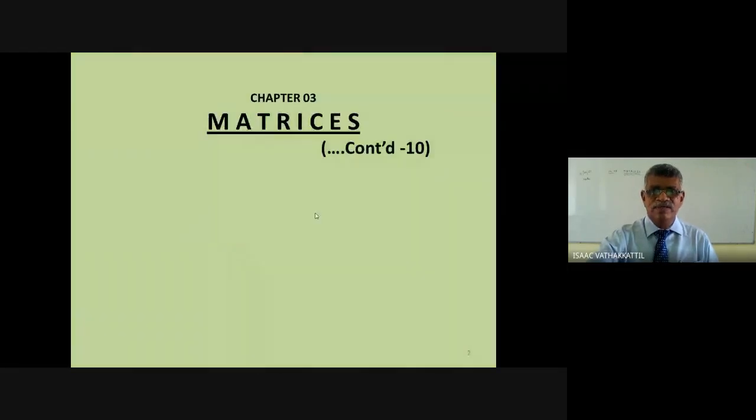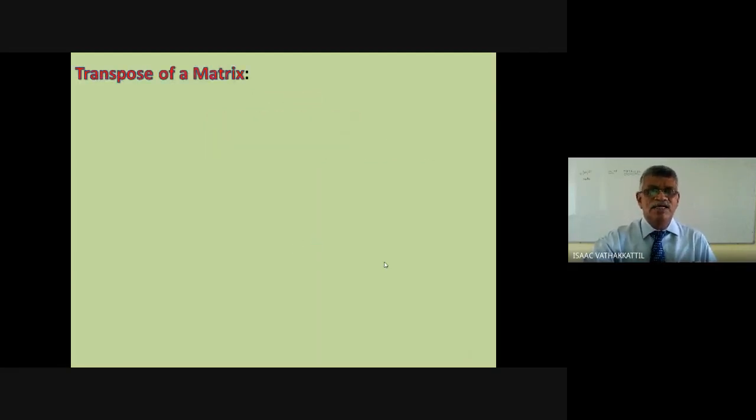Well, we have the 10th day of matrices. The topic is advancing very simple. We know what a matrix is: its order, equality, operations, addition, scalar multiplication, and multiplication. We exercised a lot of questions associated with matrix multiplication. Yesterday we discussed some questions regarding the principle of mathematical induction also. Let us go with the topics.